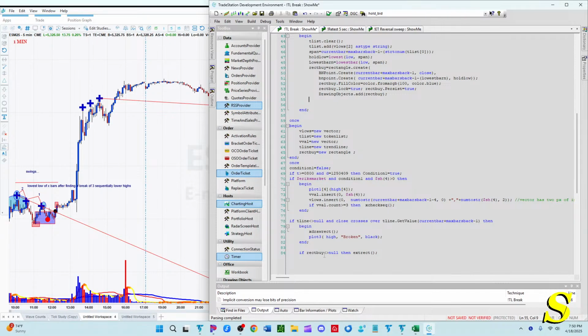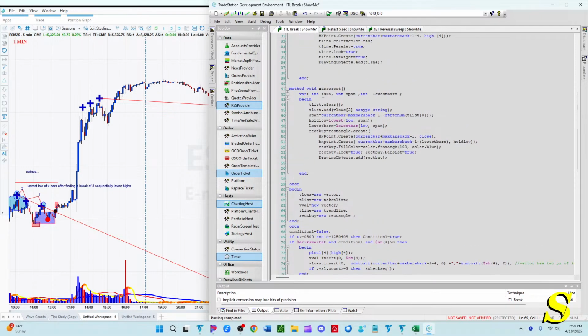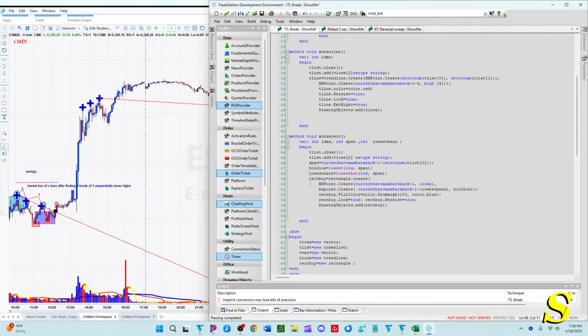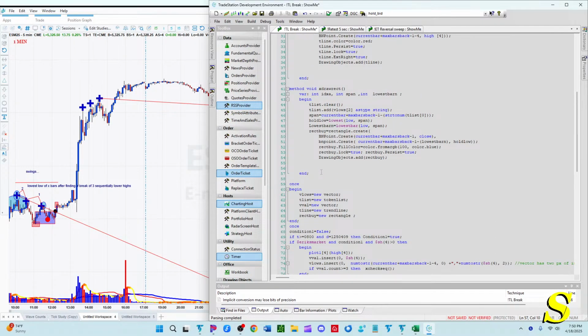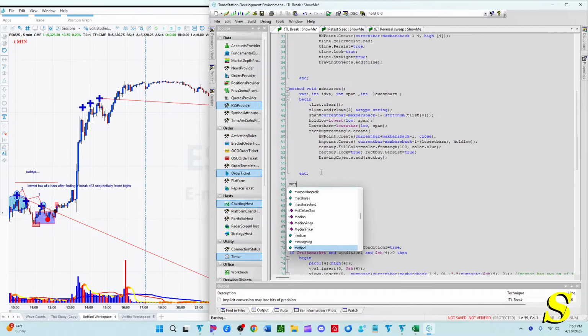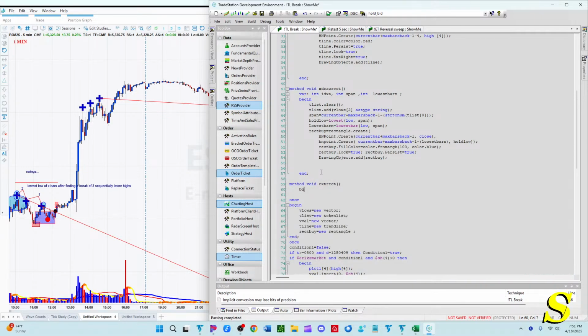Okay, so if rect by exists, then we're going to extend rect. Extend rect is, we haven't started it yet. Okay. Method void extend rect at begin. We might do something like